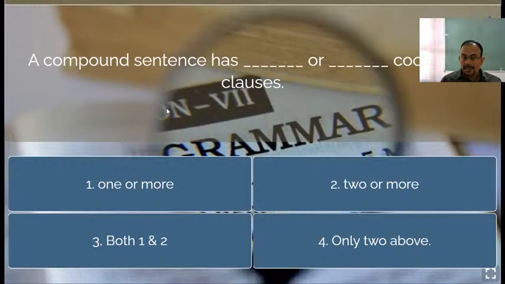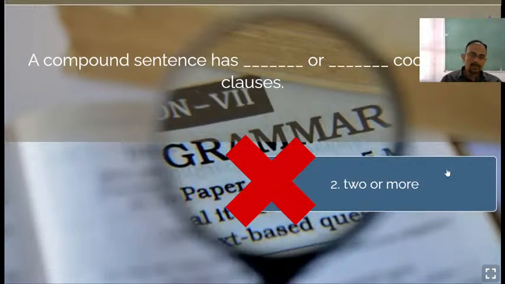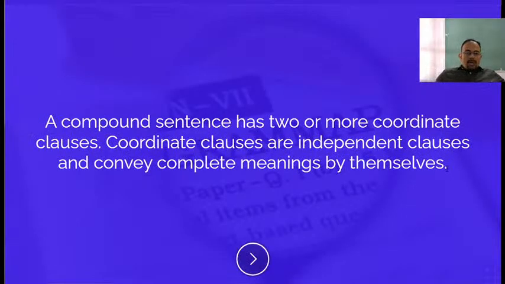Like as I said, I like this man because he is honest. So I like this man, he is honest, are the examples of coordinate clauses. Okay, so a compound sentence has one or more coordinate clauses, right? Sorry, two or more. A compound sentence has two or more coordinate clauses. Coordinate clauses are independent clauses and convey